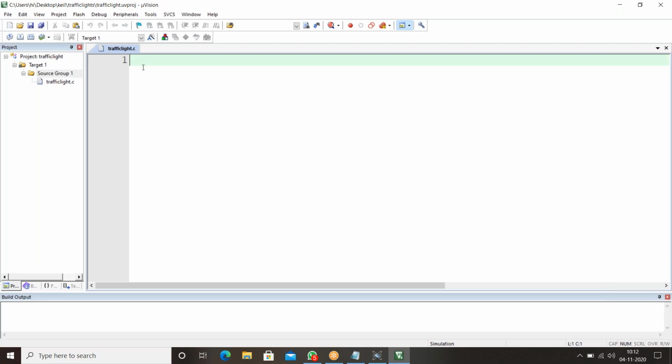Guys, everybody has to respond: what is our header file, what is the hardware part? Please respond in the chat box. reg51.h, hash include. That's good.